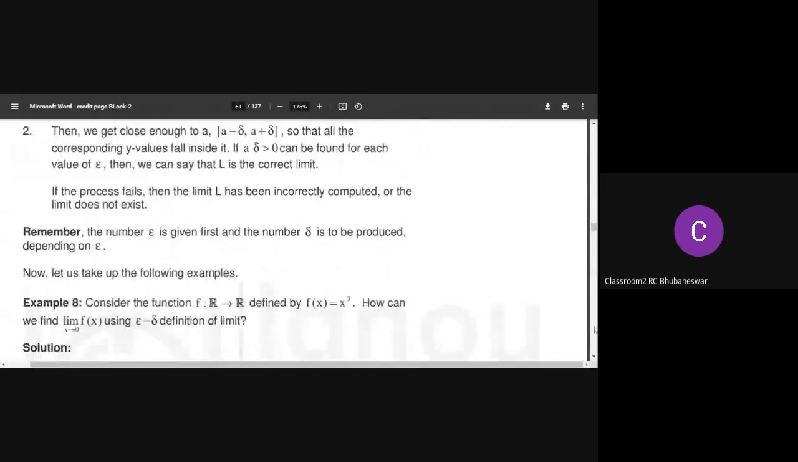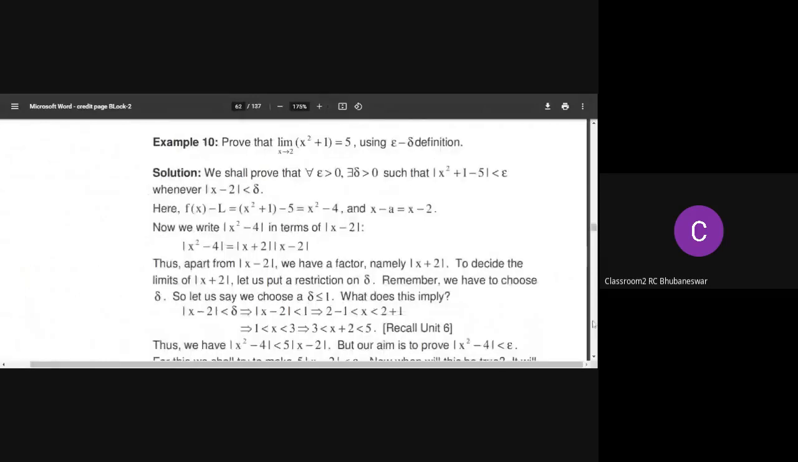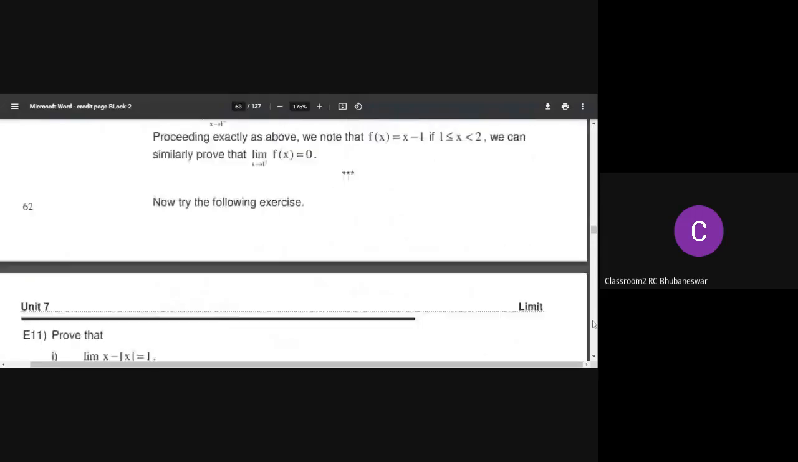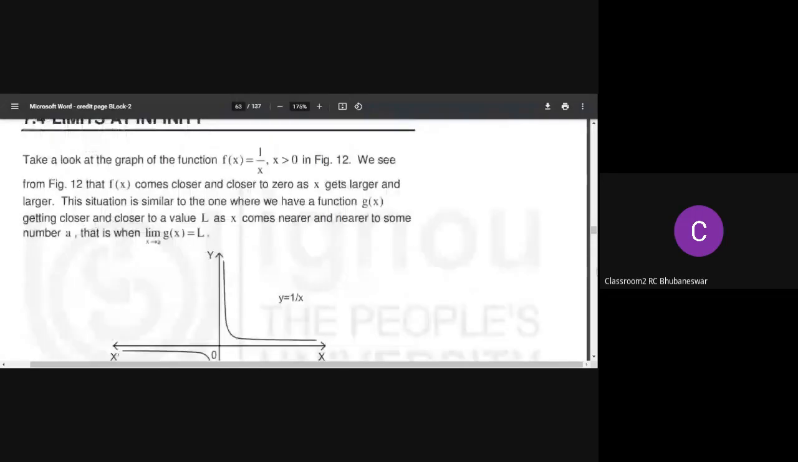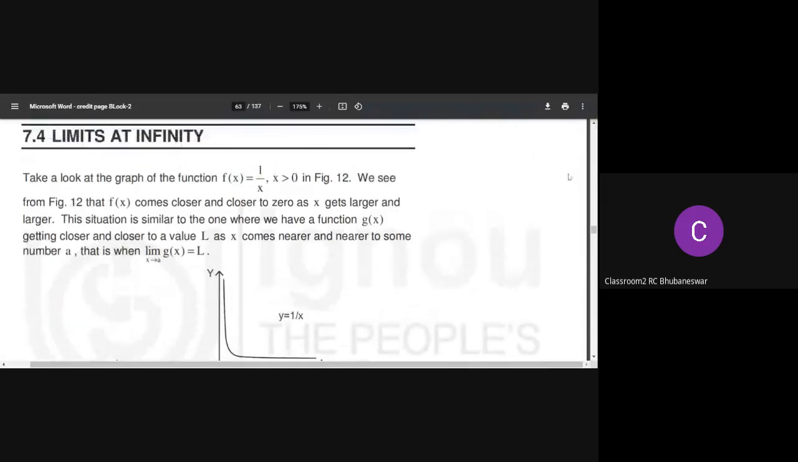Now, after the discussion of the definition of limit, some examples are given, and now we are able to discuss the definition at infinity. That means when